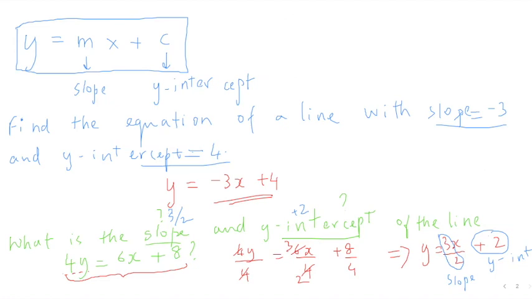Sir, so whenever there is a coefficient with y which is other than 1, we need to first convert the coefficient to 1, right? Yes, correct. You just have to divide the entire equation by whatever that coefficient is. If it's not 1, say it's -6, then you'll have to divide through by -6. Okay, so we can move forward.